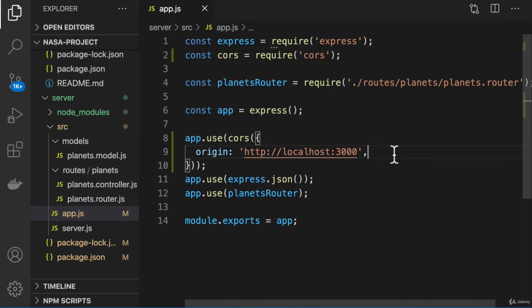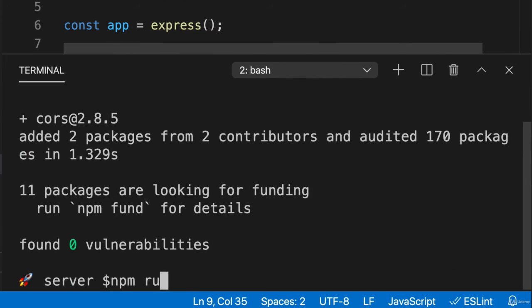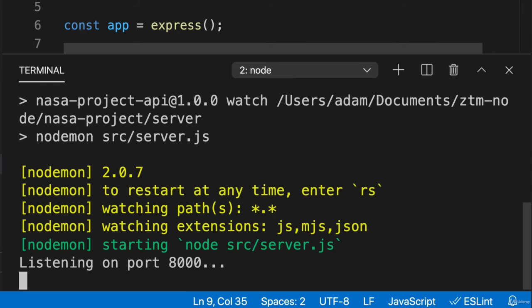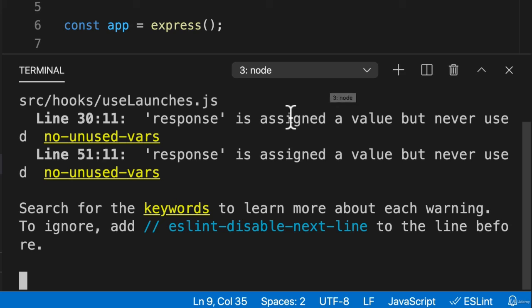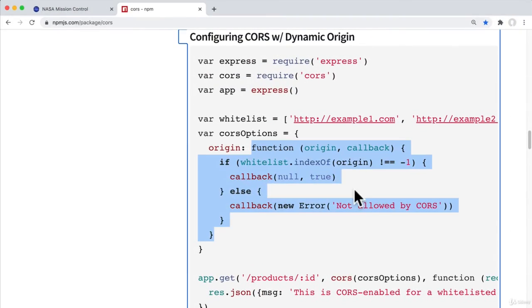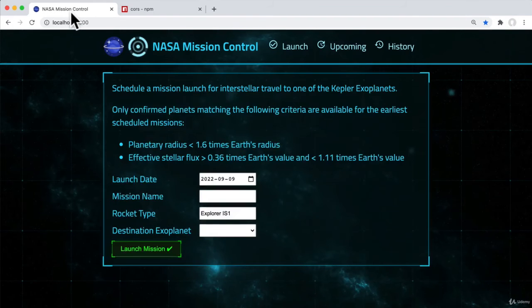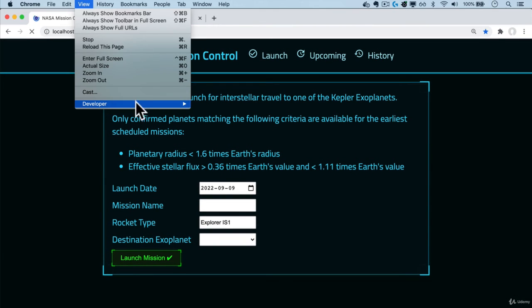Now, if we go back to our terminal and restart our server, this time let's run npm run watch, so it automatically restarts if we make any changes. And we're not going to touch our client because we haven't made any changes to our front-end code. And in our browser, let's refresh our mission control dashboard. And in our JavaScript console,